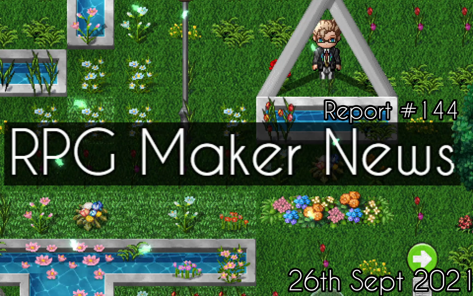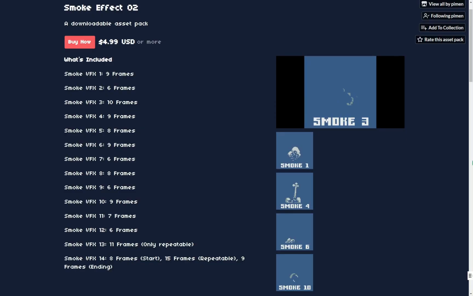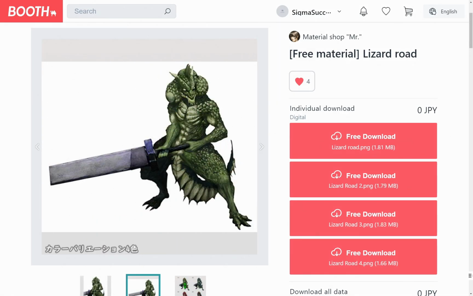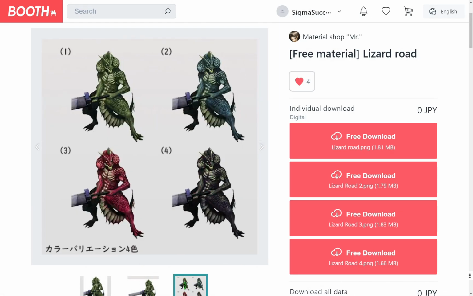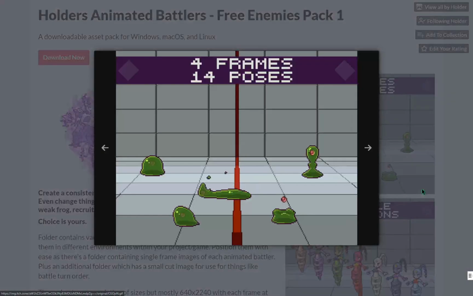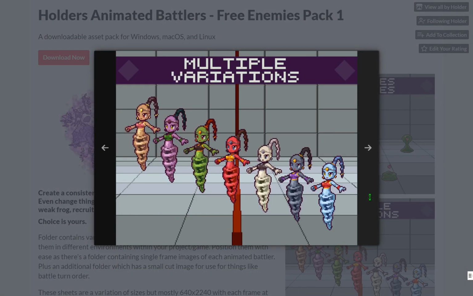I'm your host, Salik. And in today's news, we have an animation pack of smoke effects by Pimin, an enemy battler of a lizard knight, and a lizard lord by Ujie Masala, a pack of 20 animated enemy battlers by